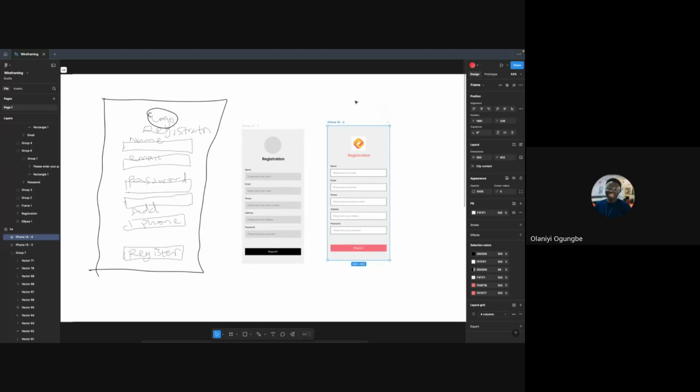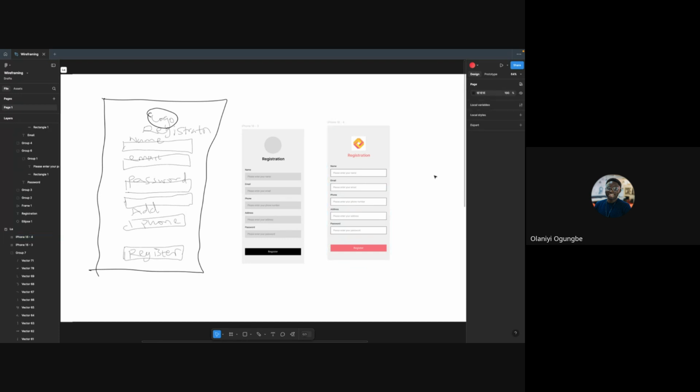So low fidelity, mid fidelity, high fidelity. Can you guys see the differences? Yes. If you look at it very well, the mid fidelity is very similar to the high fidelity.